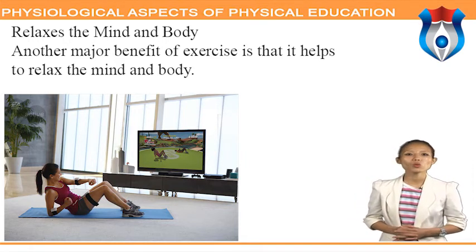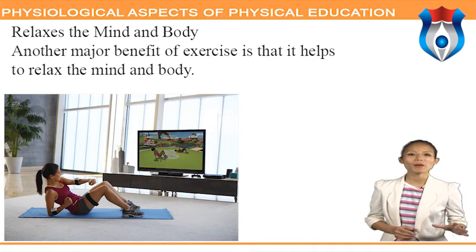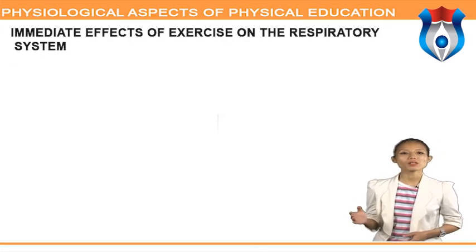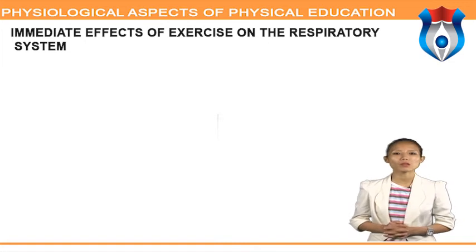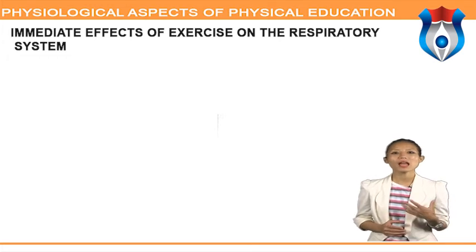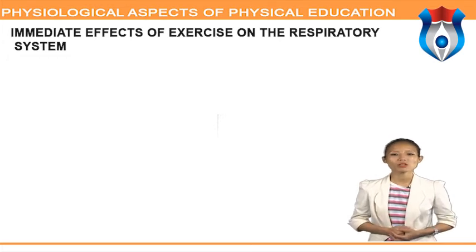Some might be able to go running for an hour, while others might only be able to work out for 5 to 10 minutes. The key is to listen to your body and exercise accordingly. The respiratory system is one of the most important systems in the body and works in conjunction with the cardiovascular system to keep blood and oxygen pumping throughout the entire body. Exercise is vital for good health, and the increase in physical activity has profound effects on the respiratory system.